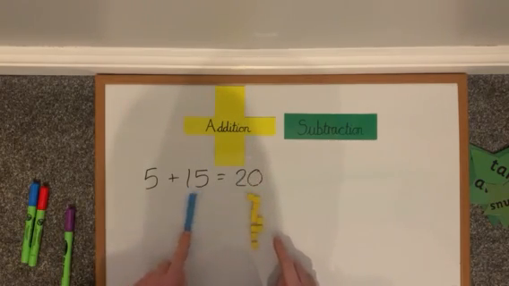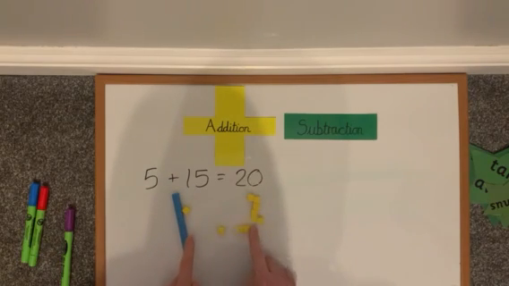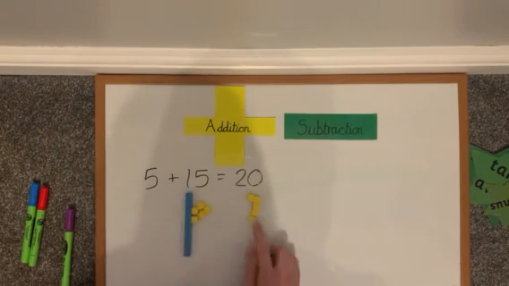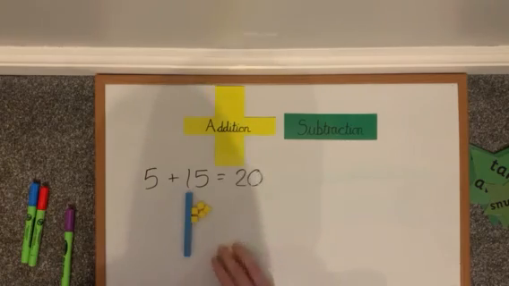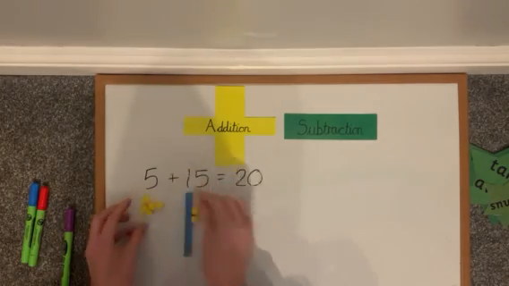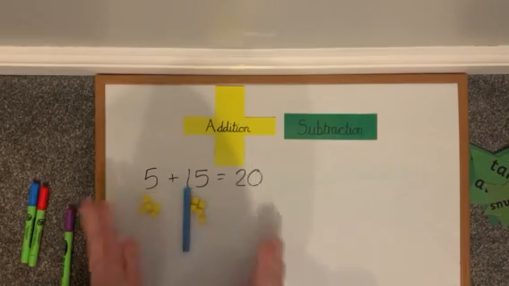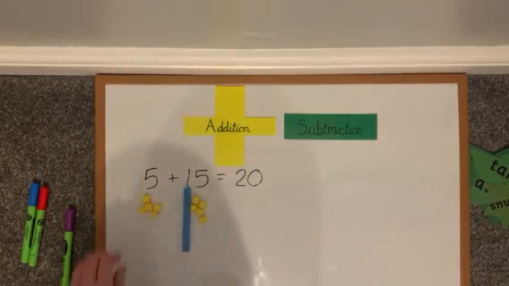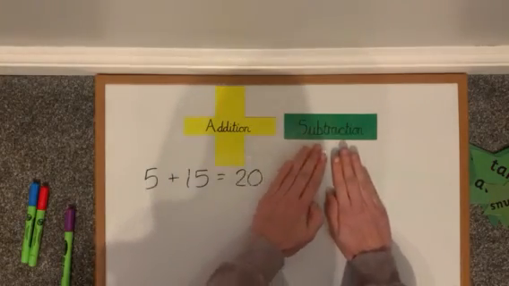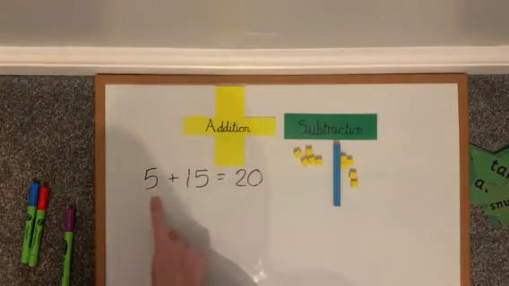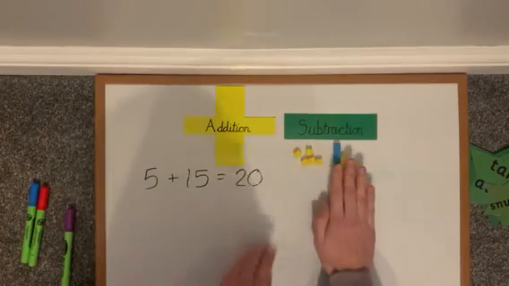So 10, 11, 12, 13, 14, there's the 15. And then 1, 2, 3, 4, there's the 5. Okay, so I know when they come back together, they make 20. So the 2 parts are 5 and 15. Right, then let's leave those over there. So now if I know 5 and 15 make 20, I also know